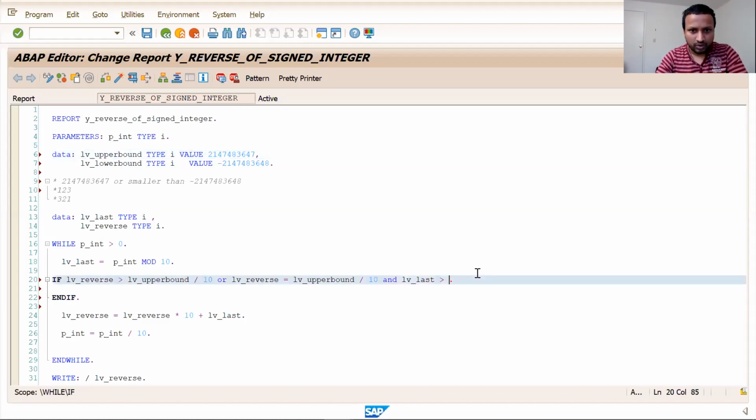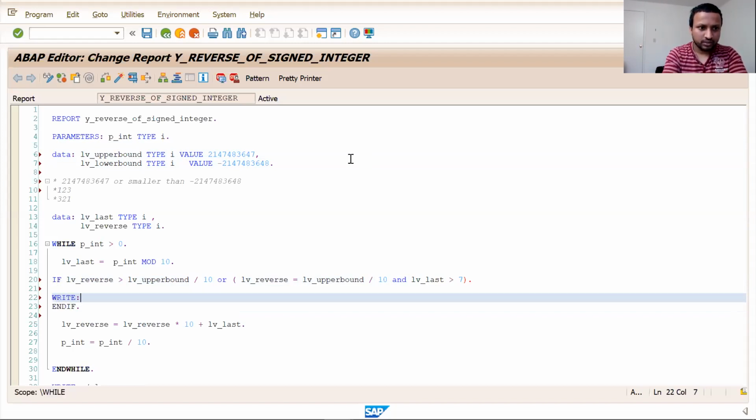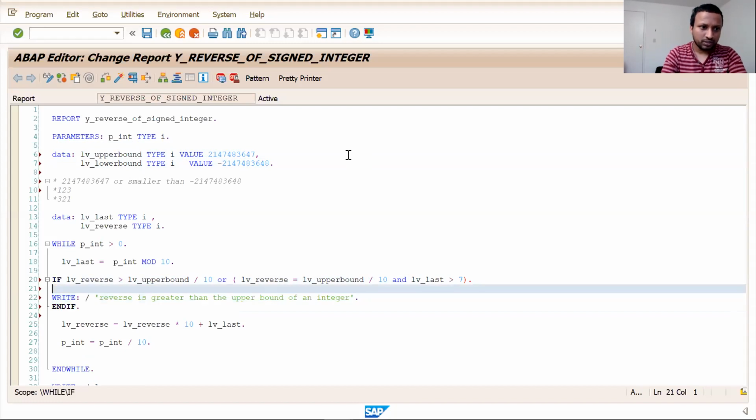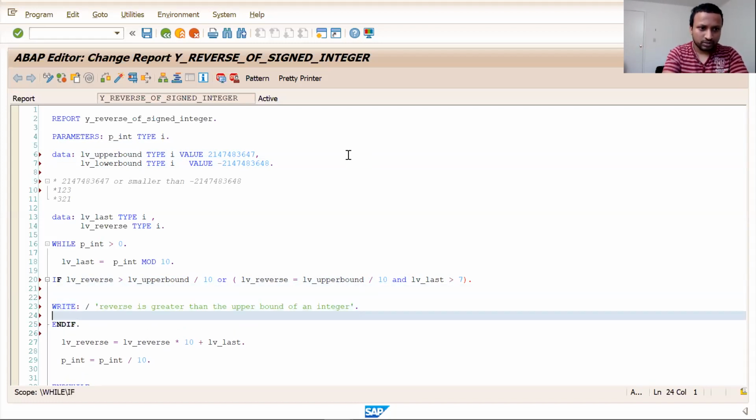Copy and paste. I think this should cover our upper bound edge cases, where the reverse is greater than the upper bound of an integer. This should work, and after you write that, you just exit.